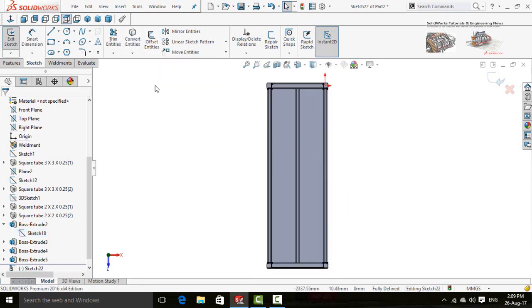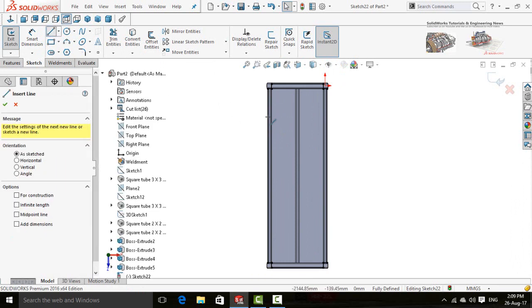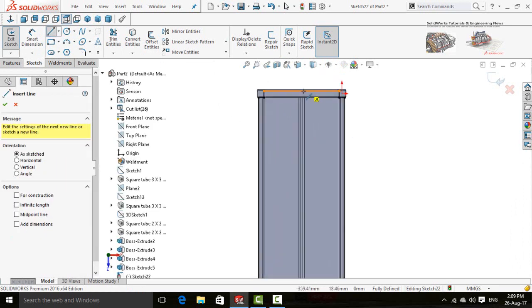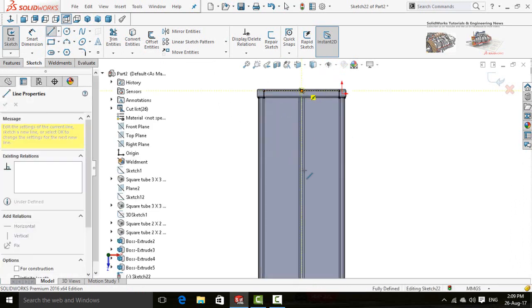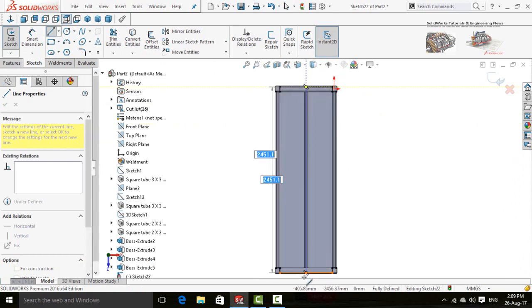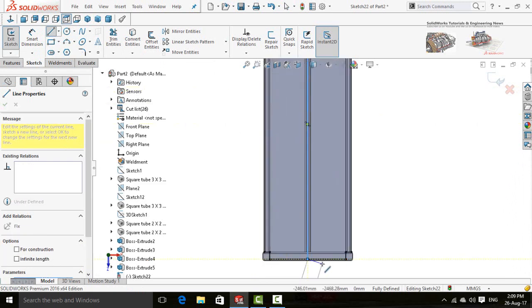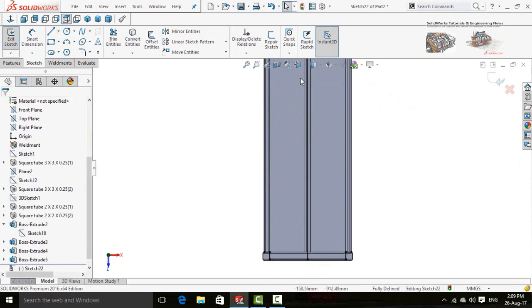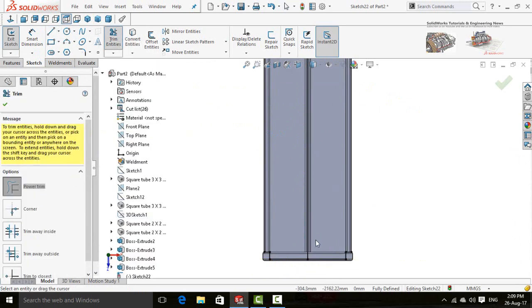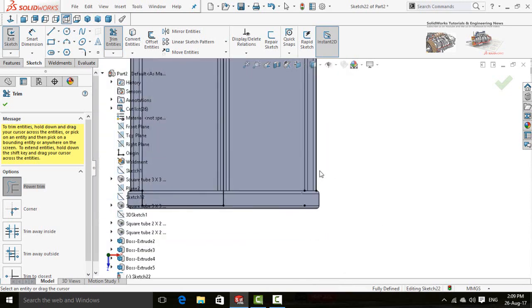Now select line and draw it from this midpoint to this midpoint. Select trim entities command and trim all the lines.